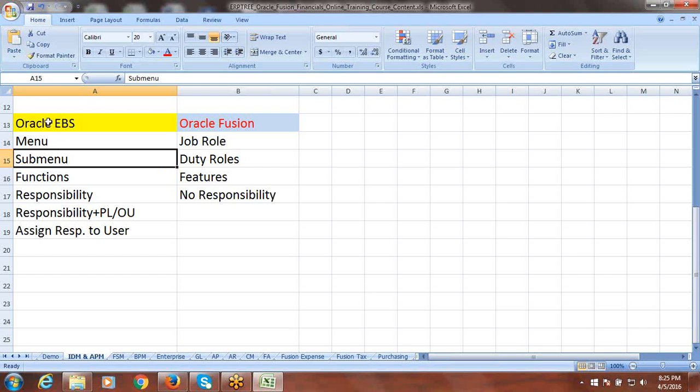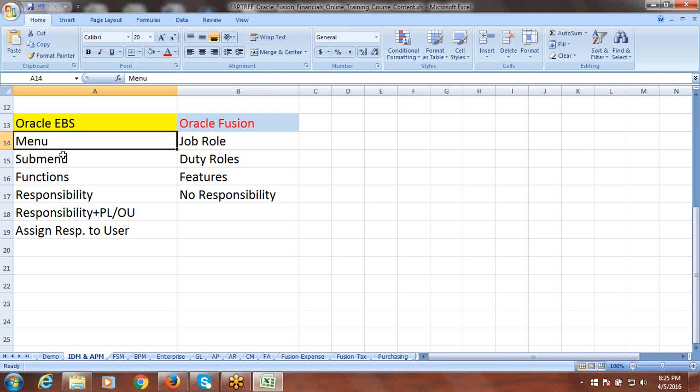Not possible. In EBS, we cannot directly assign primary ledger or operating units to a menu, submenu or any functions. You can assign them to menus or submenus with a concept called responsibility. If there is no responsibility interface to connect this menu and primary ledger or operating unit, it won't work in